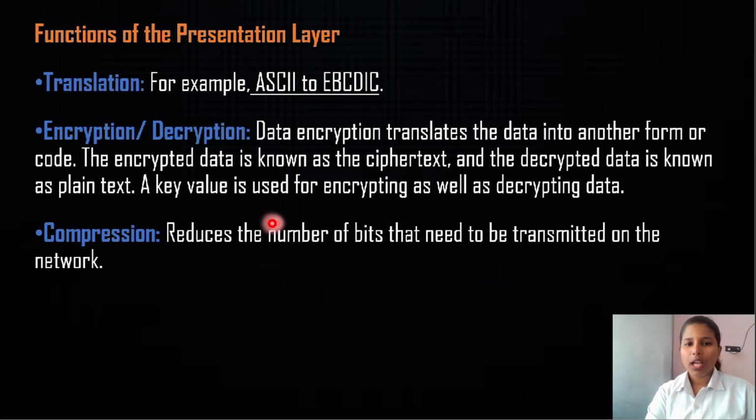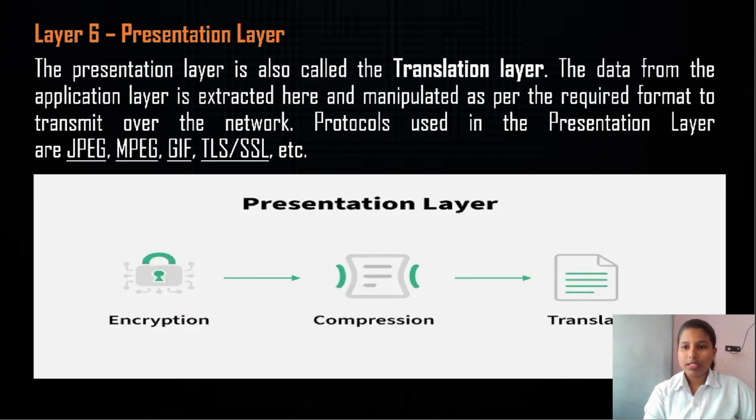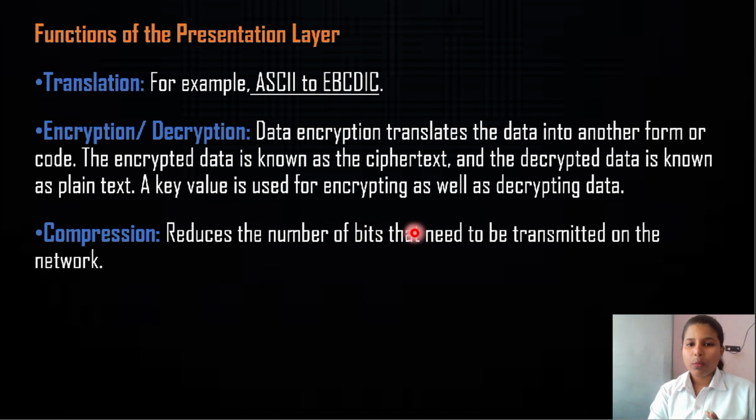A key value is used for the encryption as well as the decryption of data. The next function is compression, that is, reducing the number of bits that need to be transmitted on the network. So these are the